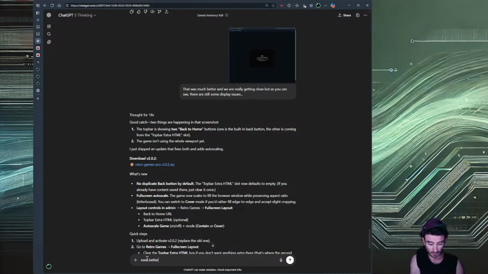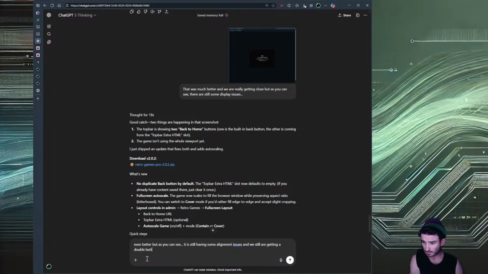Even better, but as you can see, it's still having some alignment issues, and we still are getting a double button, I believe. Double button, okay.